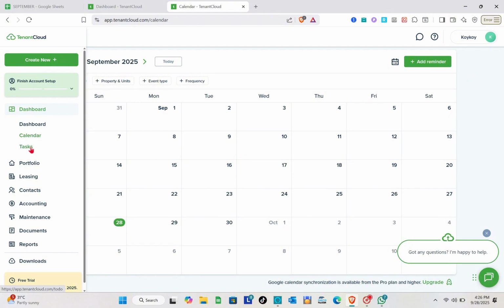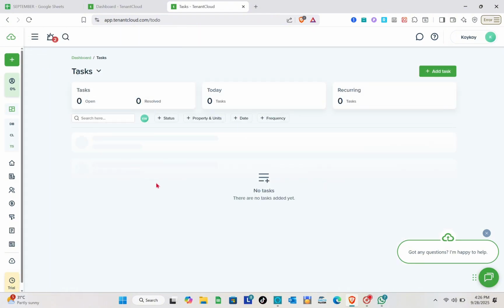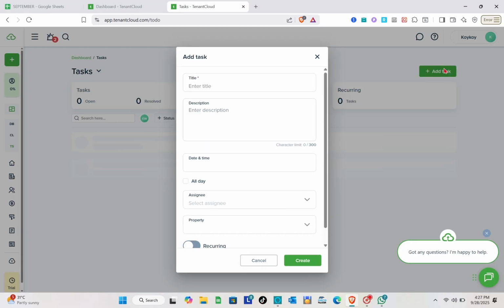All right. Now for the task section, it's still under the dashboard. So if you have pending tasks, you just have to go here and you'll be able to see that. And then if you would like to add a new task, just simply click on this one. So of course, since we are managing our property, it depends on what kind of task that we have here. So for example,